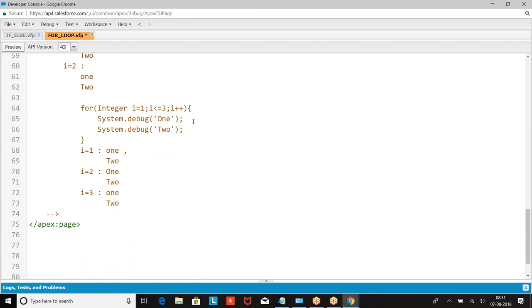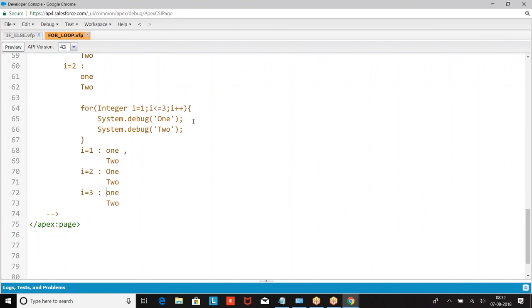So when you want a group of statements to run a number of times, then we go for a loop. Right? In the loop, how many parameters am I taking?